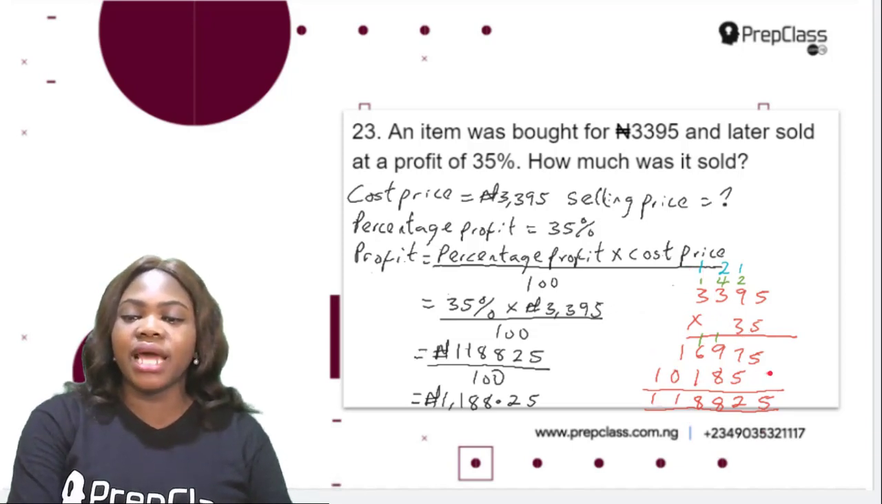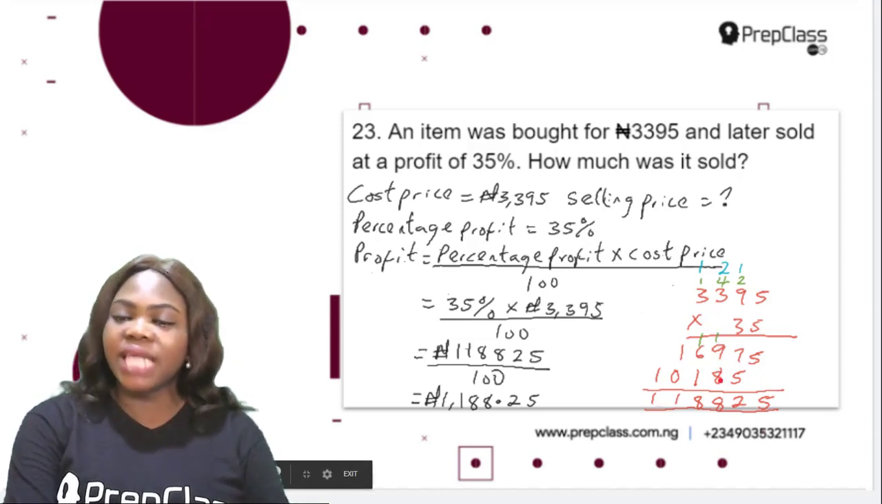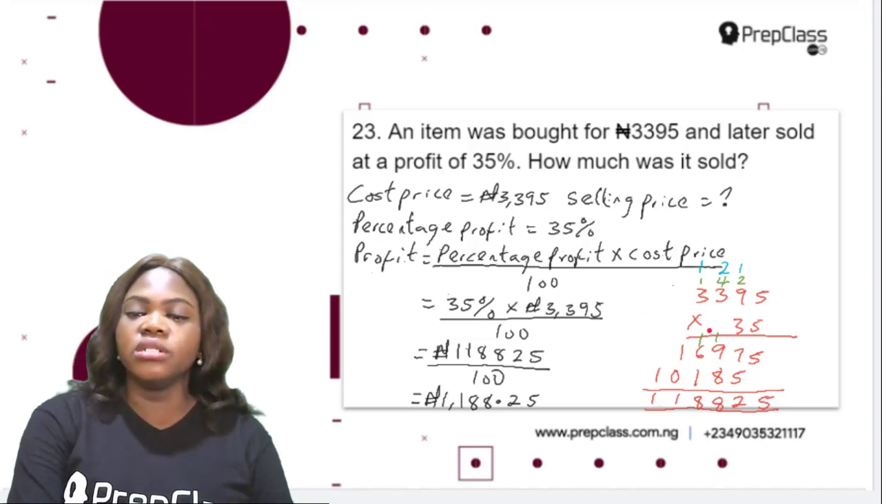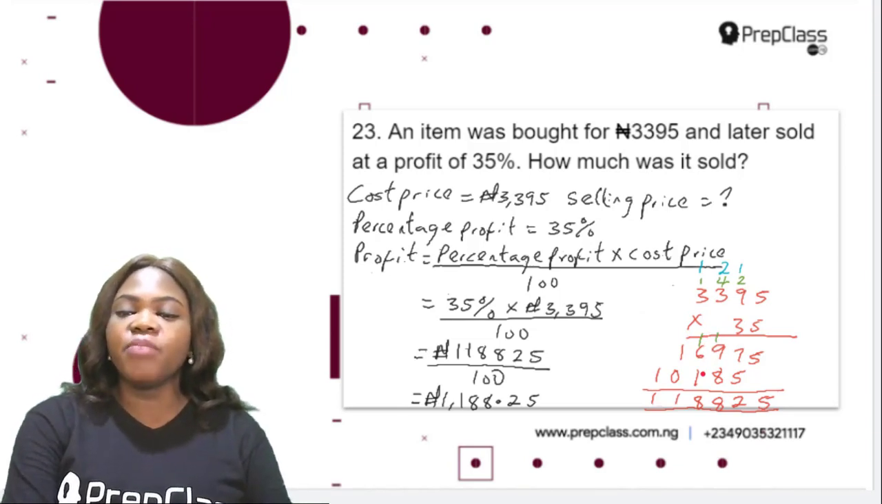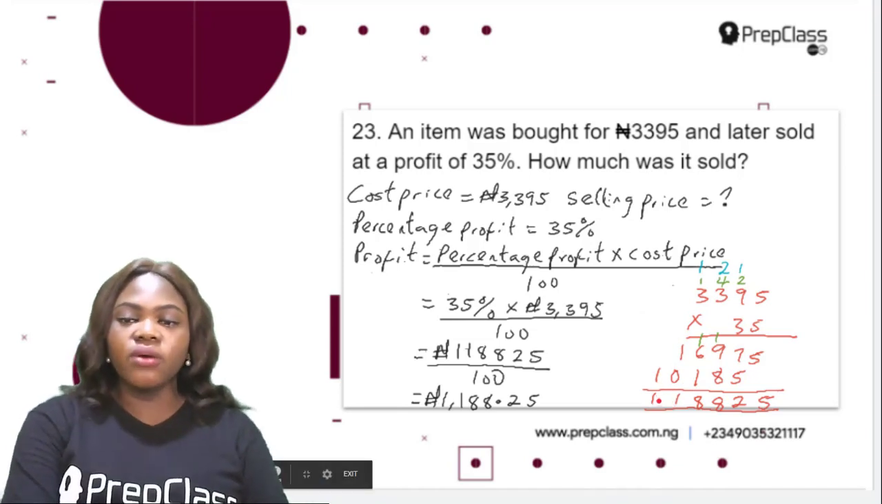Now let's add this together. 5 plus nothing is 5. 7 plus 5 is 12. Write 2, carry 1. 1 plus 9 is 10. 10 plus 8 is 18. So write 8, carry 1. 1 plus 6 is 7. 7 plus 1 is 8. 1 plus 0 is 1. Then 1 plus nothing is 1. Okay, so now